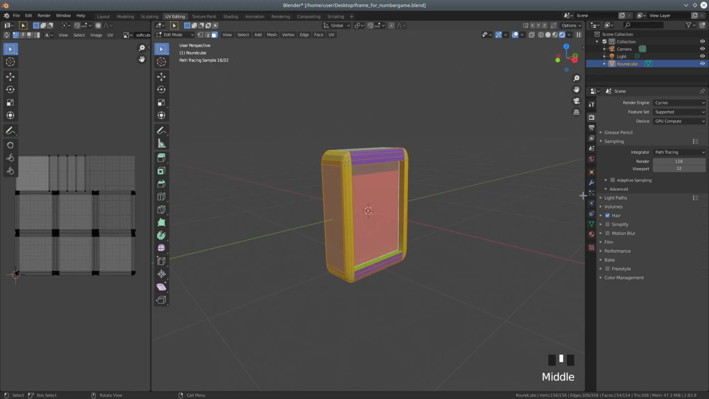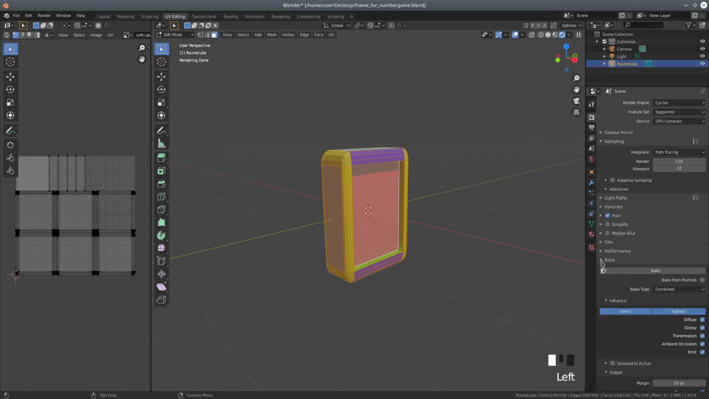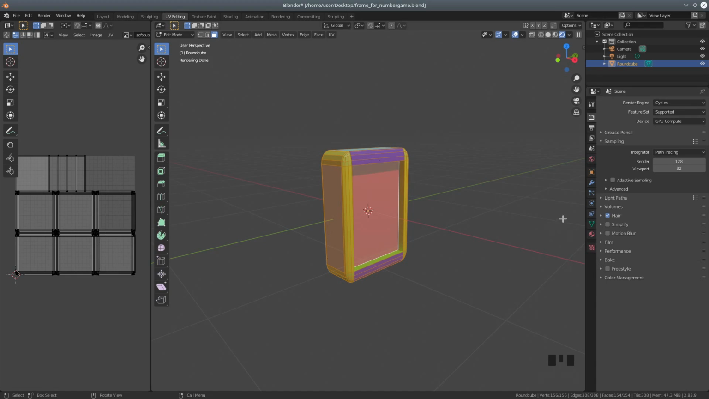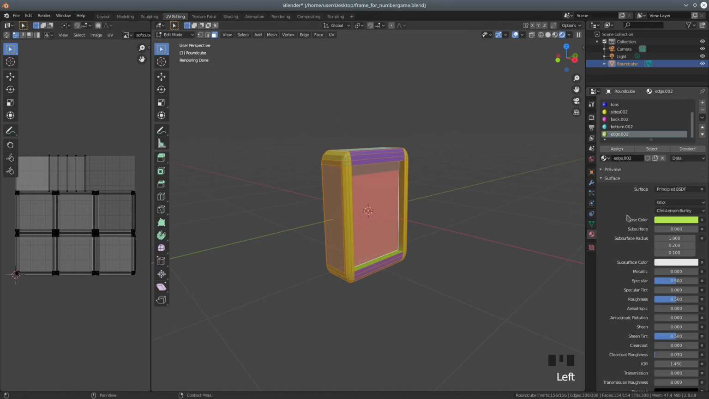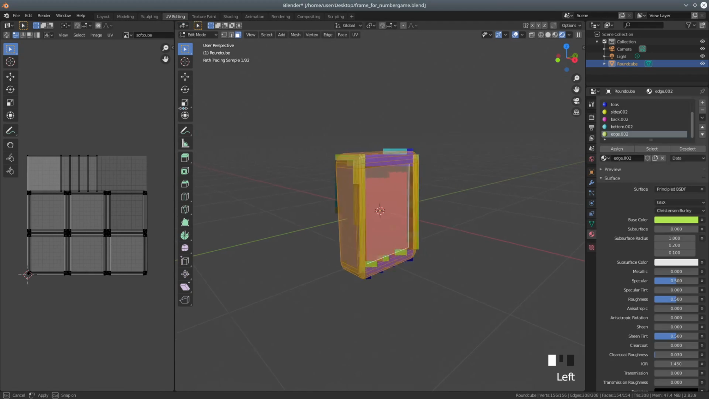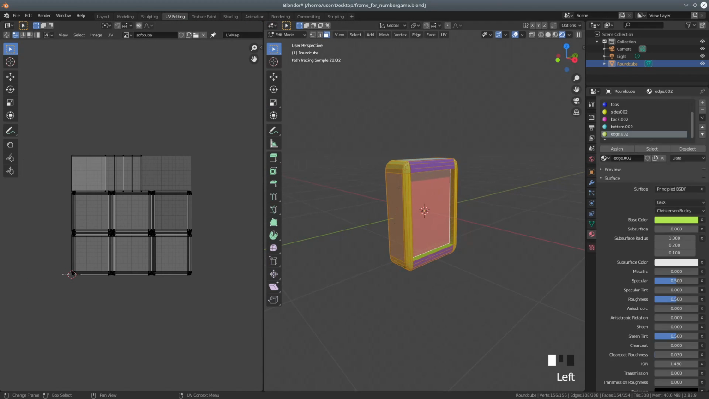So having said that, we've now turned on Cycles, and you can see if we go down the render properties list, there's a bake option here. We'll get to that in a minute, but before we do that, we need to make sure our materials are set up correctly. So what I'm going to do is,